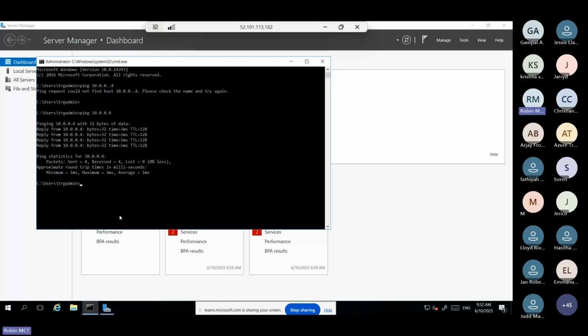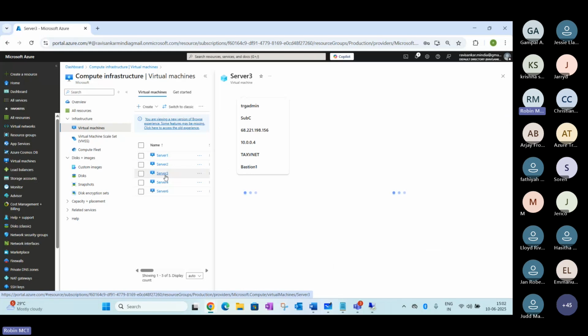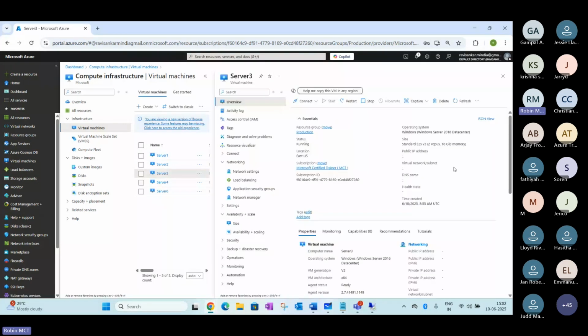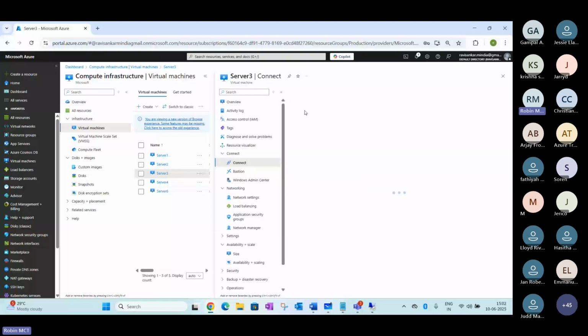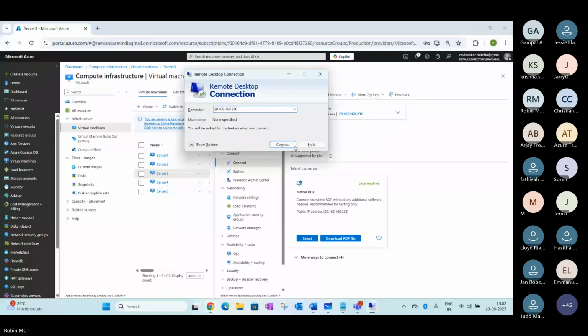Now, what will happen if you have a different subnet here? For example, I have a server 3, placed in the same vNet but in a different subnet. Let me connect to that server. I'm trying to connect here.